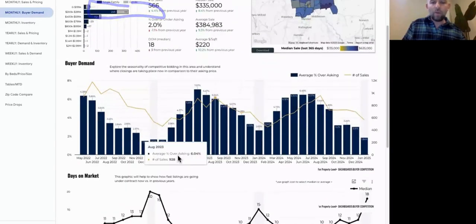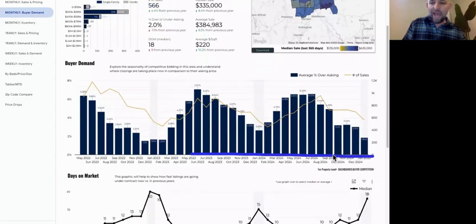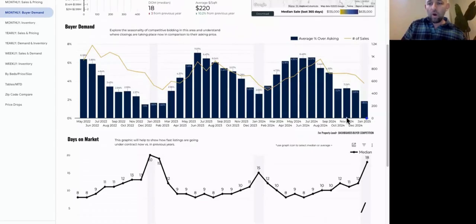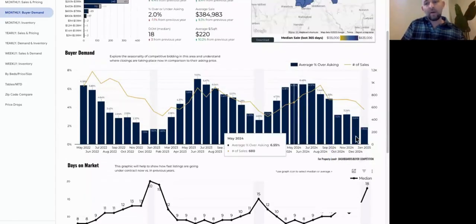You can do it however you want, but what it is basically going to do is look at the asking prices in the market and basically tell you if the market is pushing those properties above asking, essentially dictating that they believe that the market pricing is 3%, 4%, 2% over what the asking prices are out there. Or are we seeing deals that are going under asking? In Harford County, it's uncanny. We're not seeing that at all.